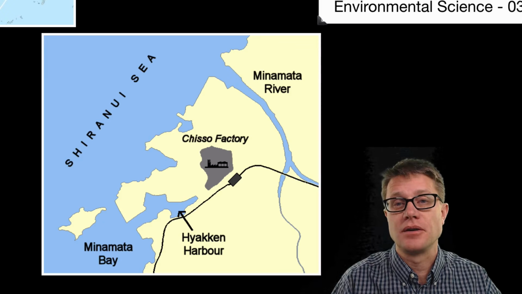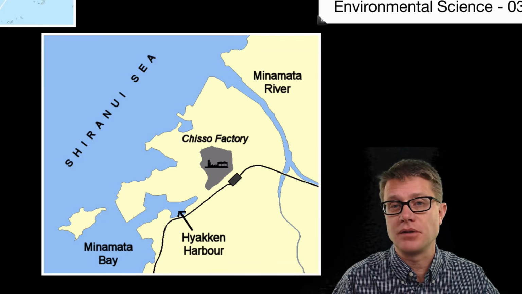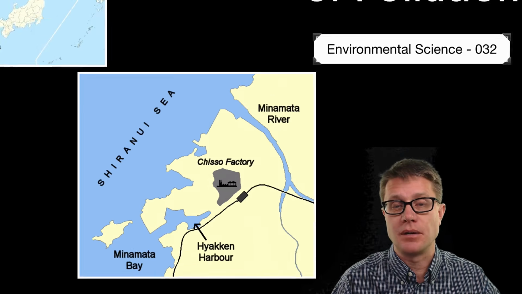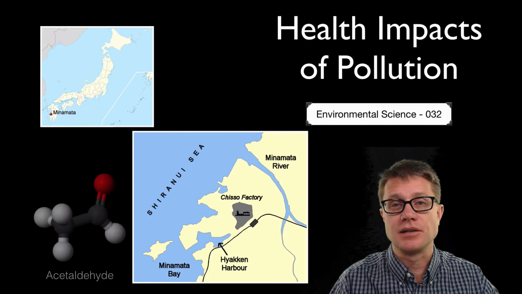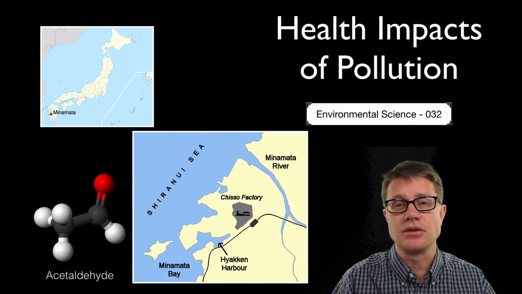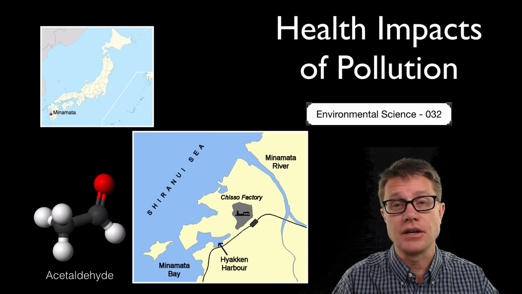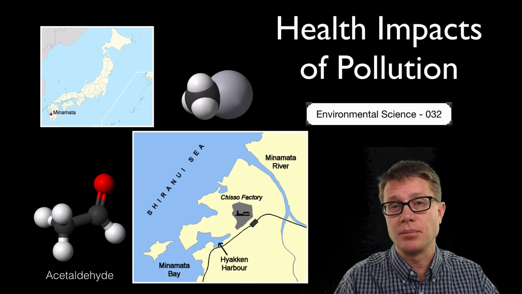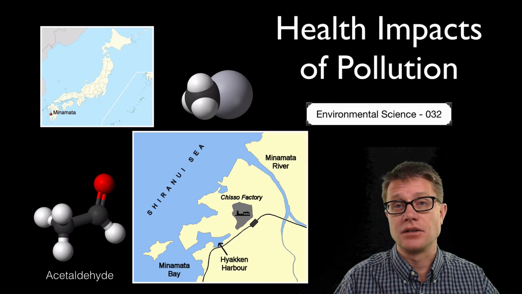Way back in the 1930s, the Chisso Chemical Corporation built a factory in Minamata, which is way southwest Japan. It was located between the Minamata River and the Minamata Bay, and they were producing chemicals like acetaldehyde, which is not inherently dangerous. It's used as a precursor to make things like vinegar, but they were using an enzyme that contained mercury. And as they pumped the pollution back into the bay, that methyl mercury got into the food supply,